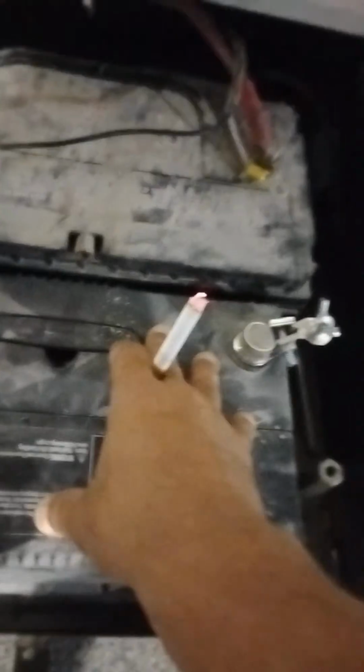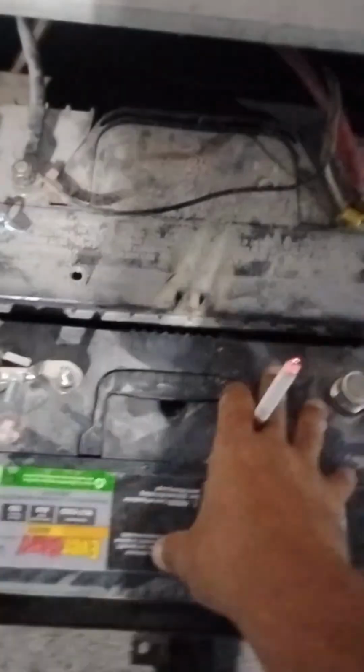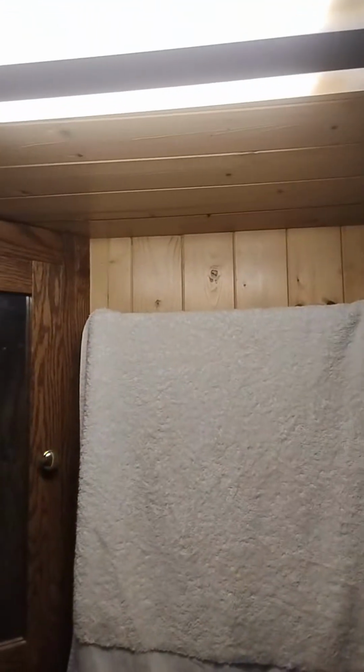This battery's not working right now, because I went ahead and used all the juice that was available in this. This one is currently working enough to run some lights on the inside. Let me show you. Boom, so we got lights. So it does work. We get some juice, and I know how good the juice is if this light right here works. If that light works, we know that we got some pretty decent juice. But it's not enough juice to get...